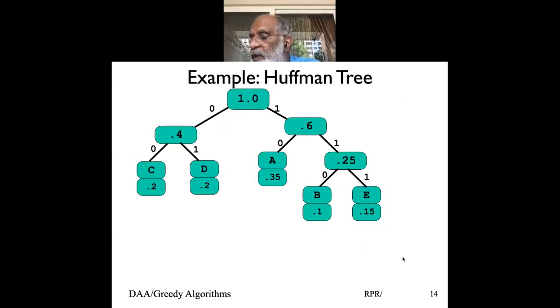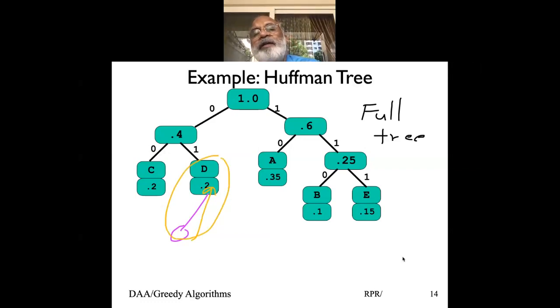Full tree means a node is either a leaf, or if it is not a leaf, it has exactly 2 children. So each node either has 2 children or it is a leaf by itself. And that's the meaning of what we call a full tree. To prove it by contradiction, assume there is a node which has only one child. If it has only one child, I can remove that node and compress the tree and maintain the property. So the first observation is, if we look at